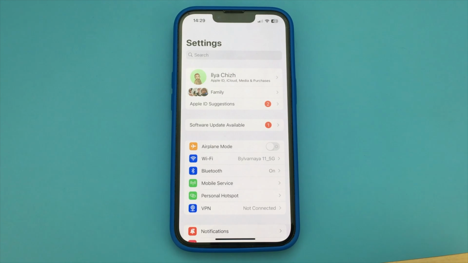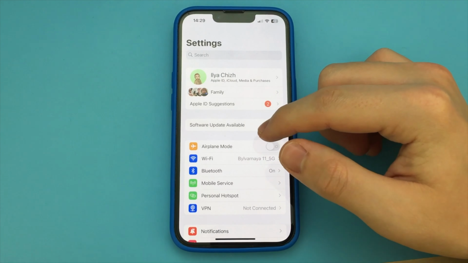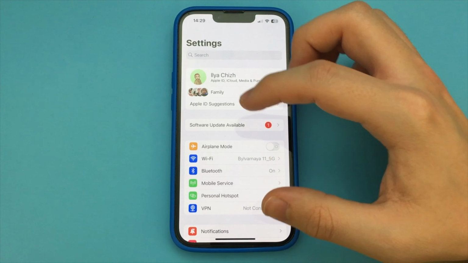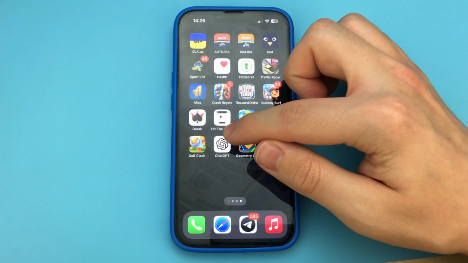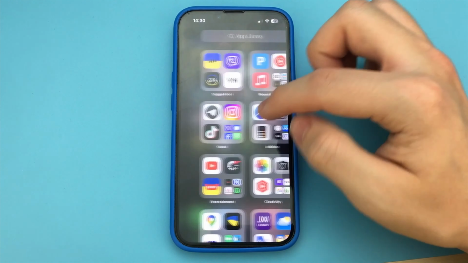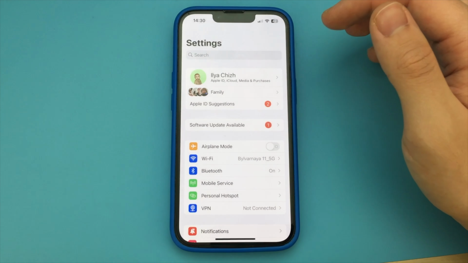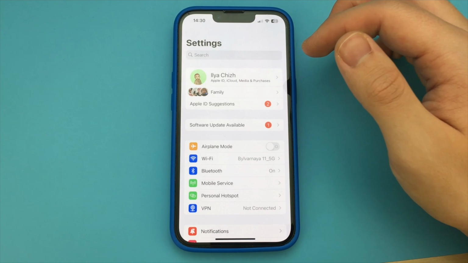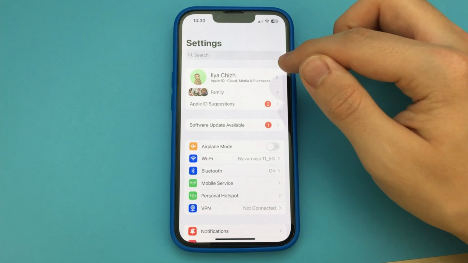Thank you. In this video, I want to show and tell you how to change the text size on your iPhone. We can change the font through the settings of our iPhone. To do that, we go here, Settings, then we go a little bit lower and find the item Accessibility. You open that item, then we click on Display and Text Size.